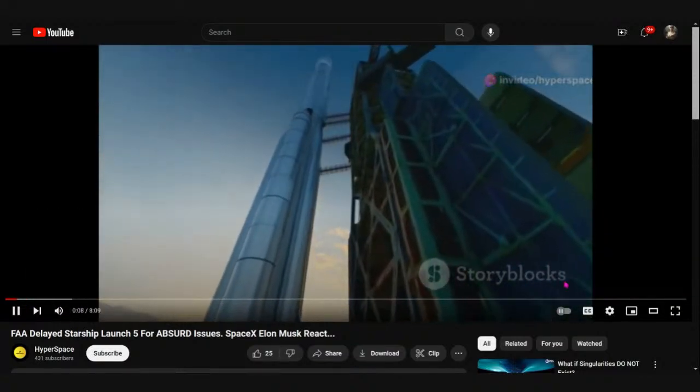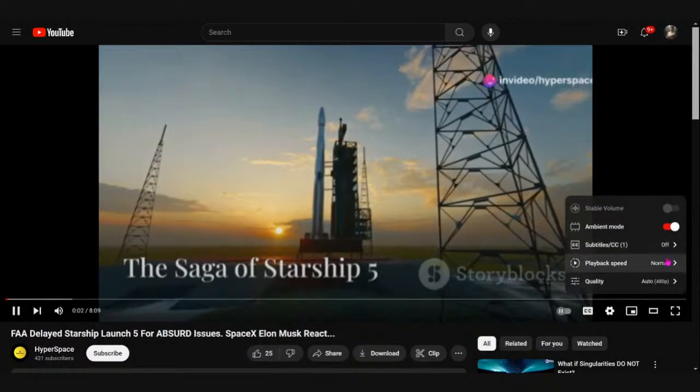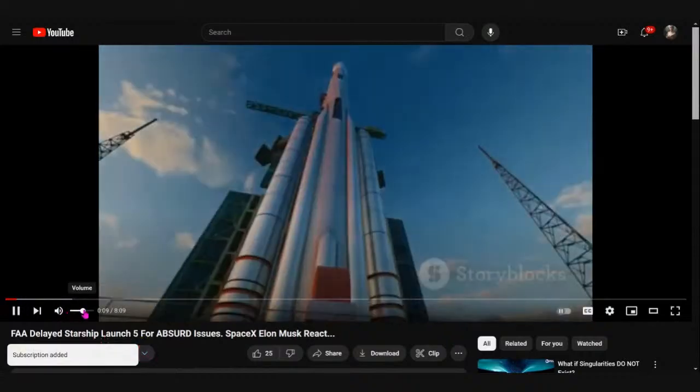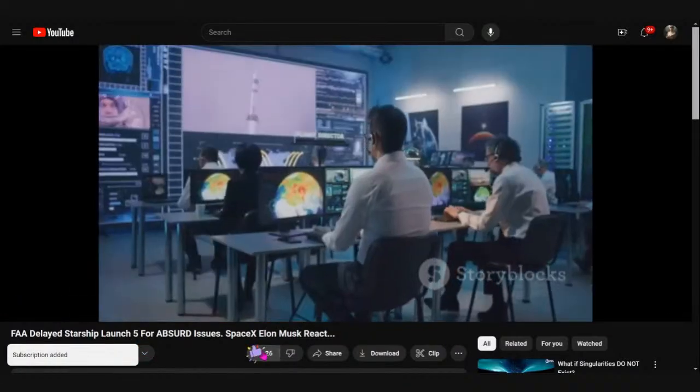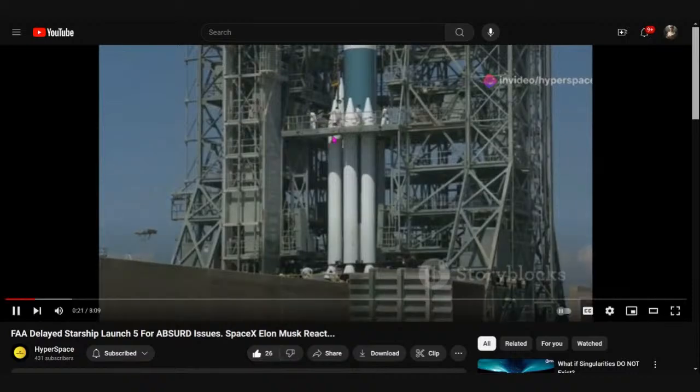Ambitious goal of interplanetary travel. Starship. Hello, everyone. Welcome to the hyperspace. SpaceX's Starship program has captivated the world with its ambitious goal of interplanetary travel. The anticipation for each launch is palpable. We all eagerly await news of progress. However, the path to space is rarely smooth. Starship 5, the latest iteration of this mighty spacecraft,